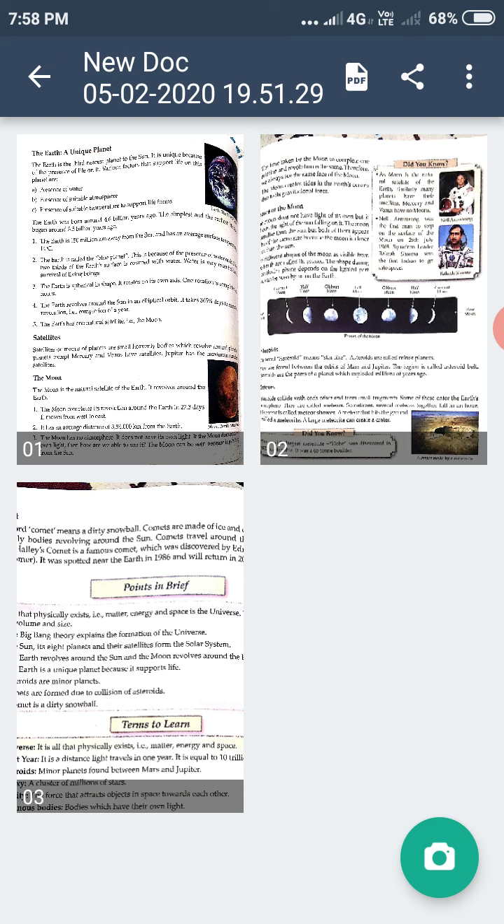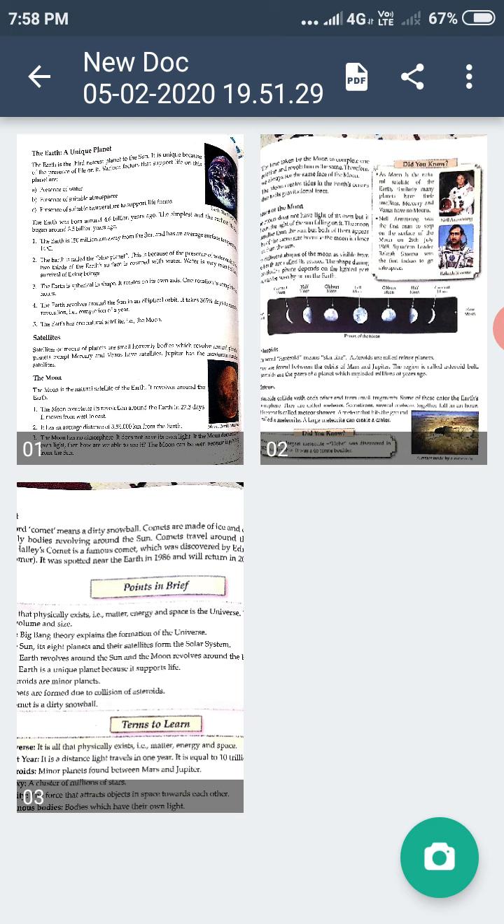Now the moon completes one rotation as well as one revolution at the same time. Therefore, we can see the same face of the moon. We always see the same face of the moon because it completes its rotation and revolution at the same time. As the Earth takes